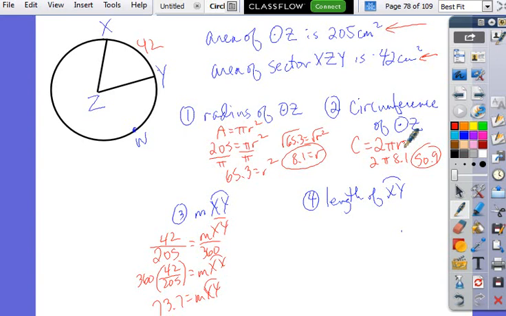So this is going to be degree over 360 times 2 pi r. It's the same stuff that we did before for arc length. So degree is what we just found, times 2 pi r. R we found was 8.1. So 73.7 over 360 times 2 pi 8.1 gives us